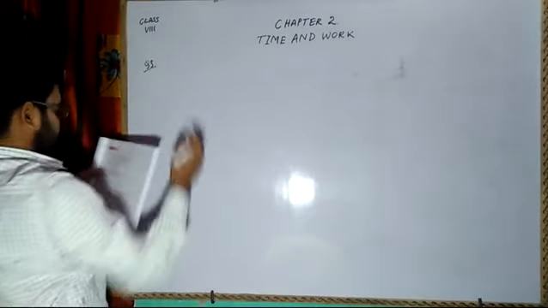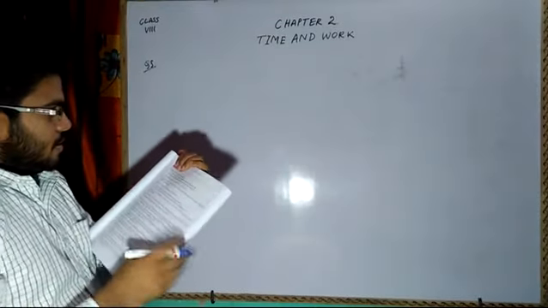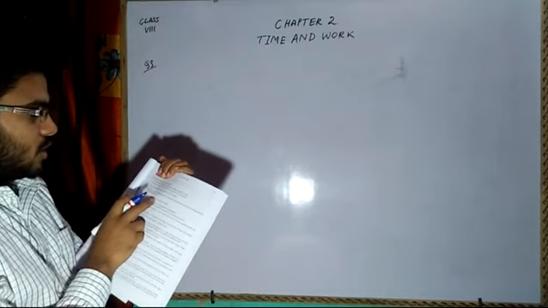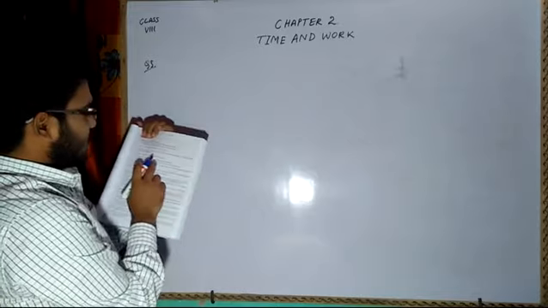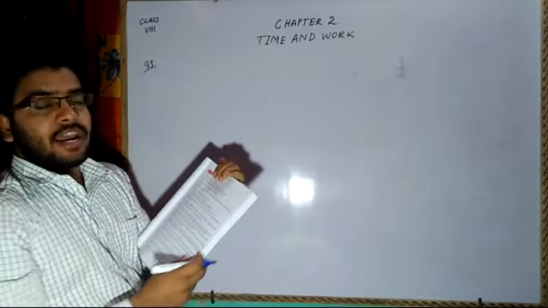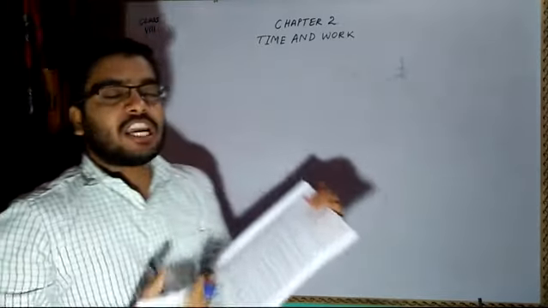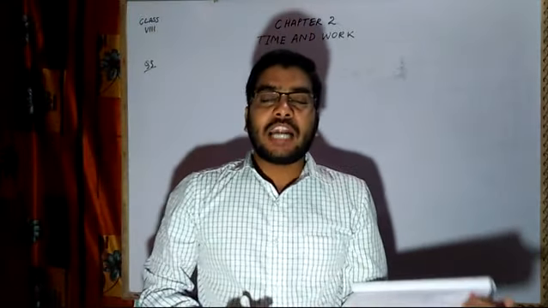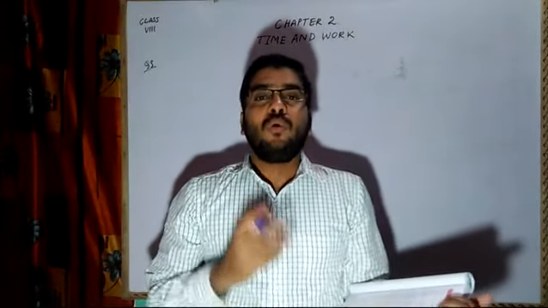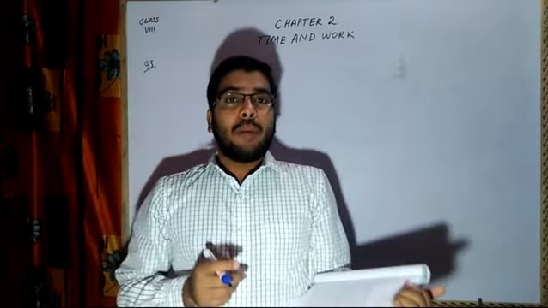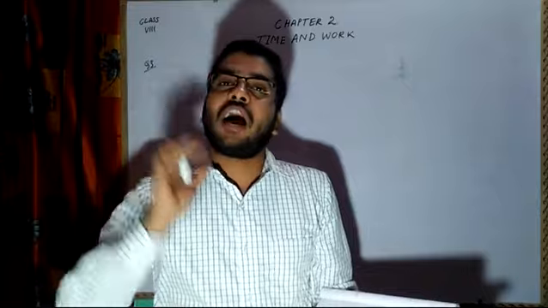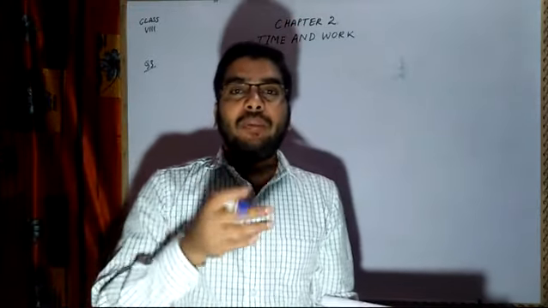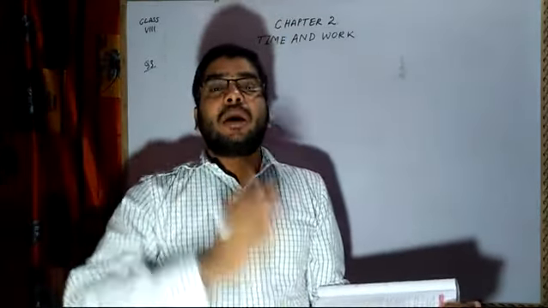Now question number 3 says that A can do a job in 4 1 by 2 days, B in 9 days. How long will they take to complete the job together? A can do the work in 4.5 days while B can do the job in 9 days. That means here who is more efficient? Whose working capacity is more? A is more efficient because that particular work he can finish in 4.5 days only, while if we employ B, he will take 9 days, just double of that.